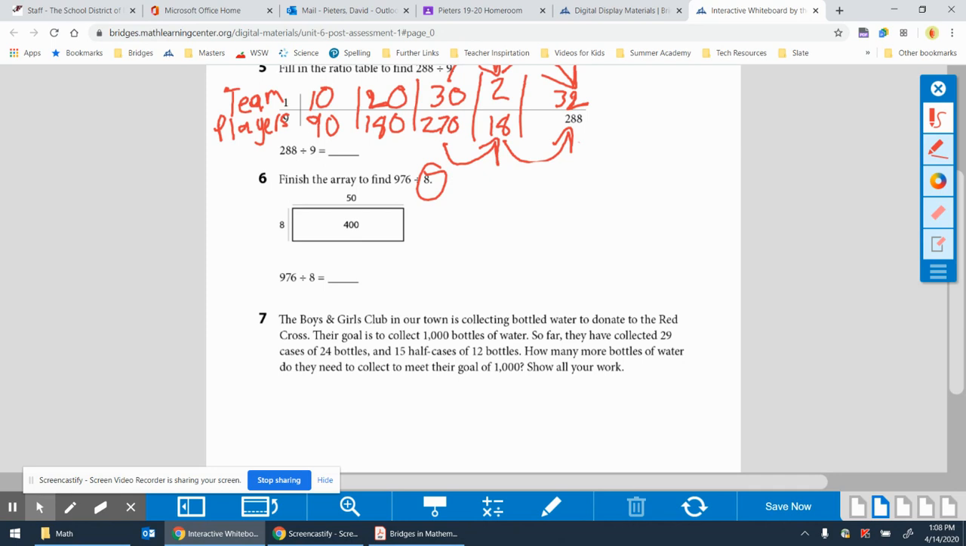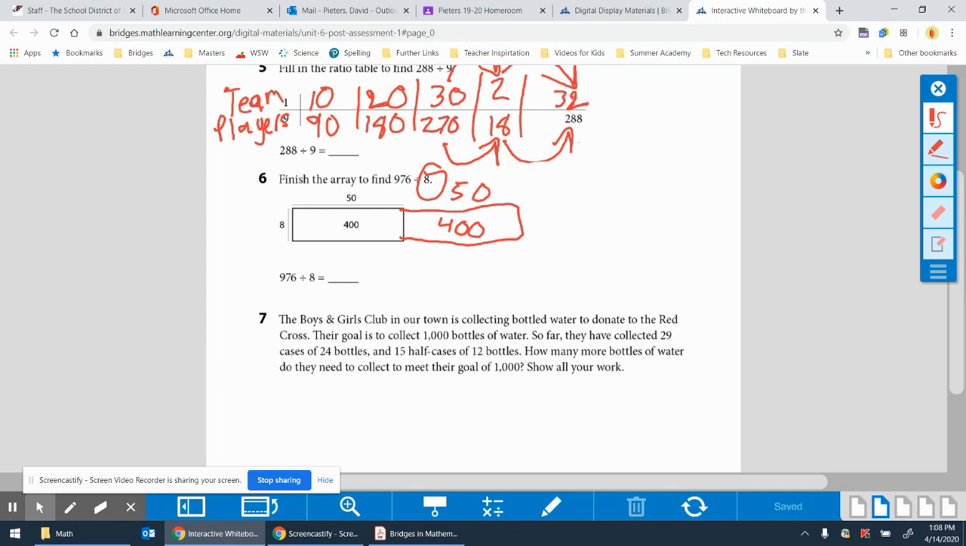Okay. Now we need to figure out how much is in our center. We need to get it up to 976. So if we're at 400, right away we can realize, well, if I'm at 400 and I need to get to 976, I could double that. So when we double that, we put another 400 here. And this was 8 times 50 is 400. So we're going to do 8 times 50 right here is 400. So now we have 400 plus 400, which is 800. And we need to build up to